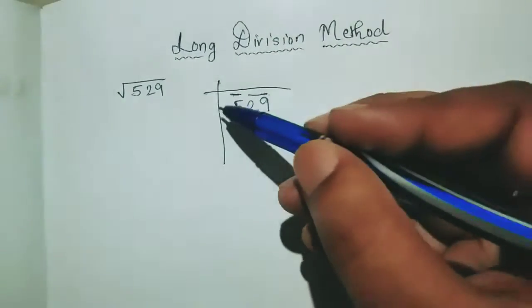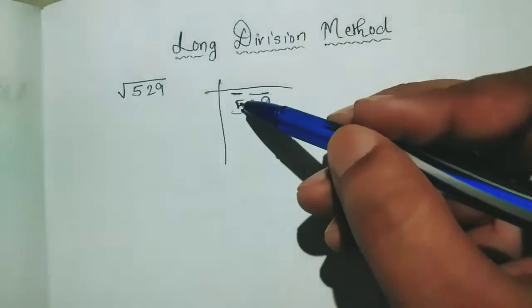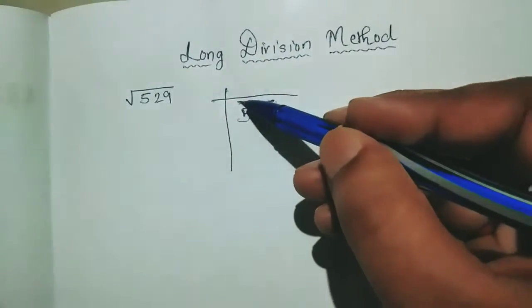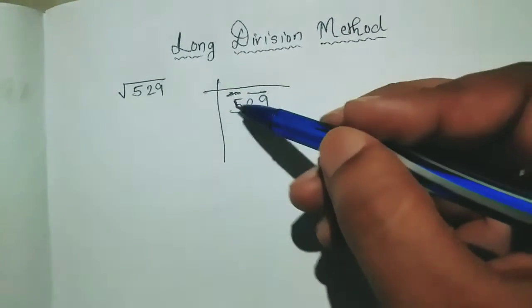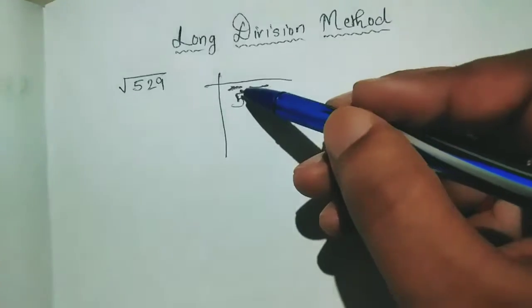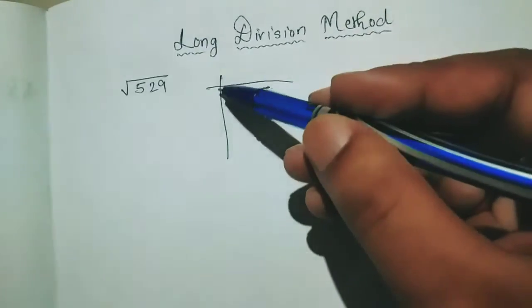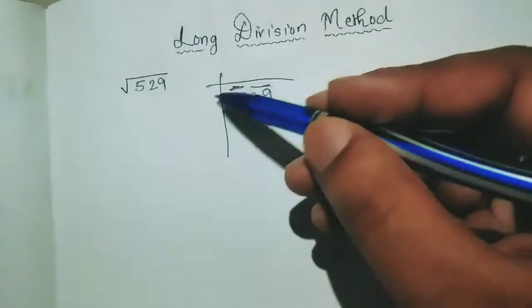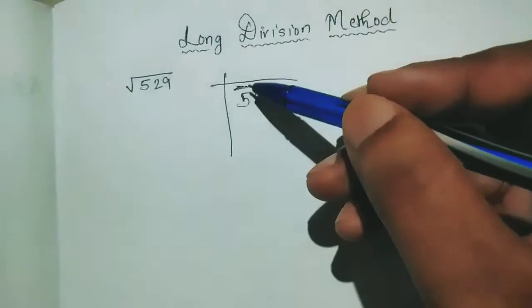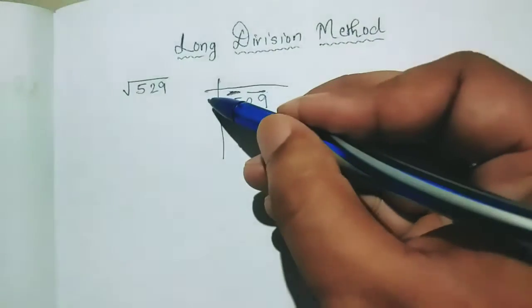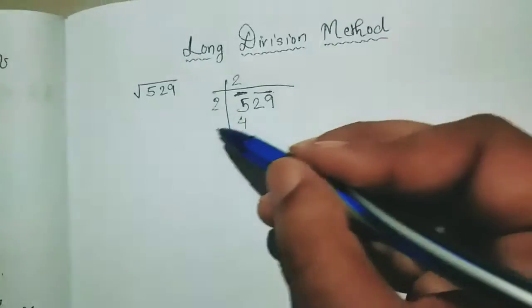That means you have to see which square number will be equal to this 5 or less than this 5. Why 5 only? Because it is only one number, it does not have a pair. So first of all you have to take this number only. So 5, which square is equal to 5? There is no square equal to 5. 1 square is 1, 2 square is 4. So you have to write 2 square is 4, because 4 is less than 5. If it is not equal, then you have to write the smaller one. So here you have to write 2, and 4 here. Okay, like this.